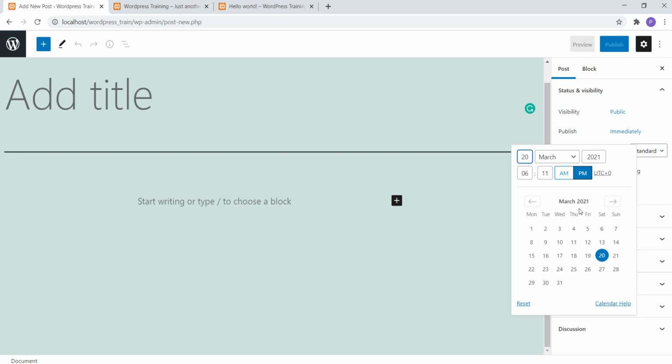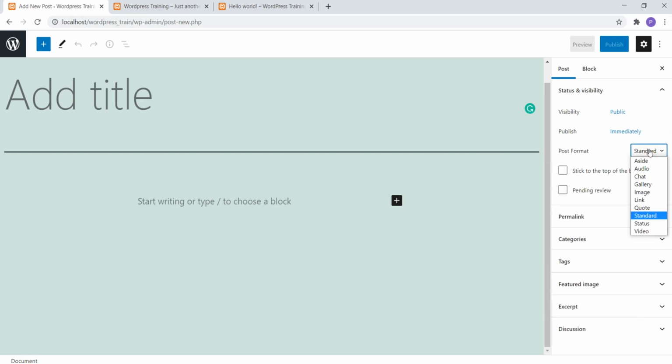You can't have a past date. If you set a past date, it will show as though it was posted one week back. If you have selected a future date, it will get posted on that particular date and time. Until then, it won't get published.